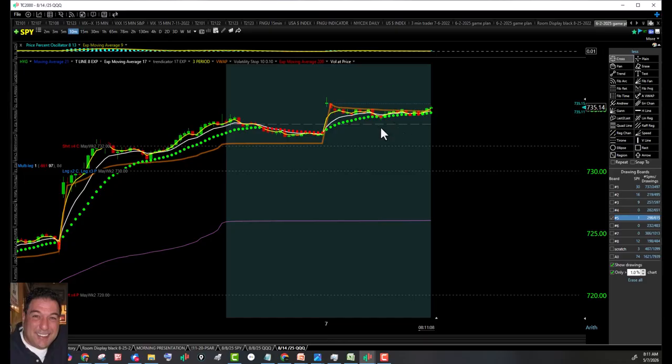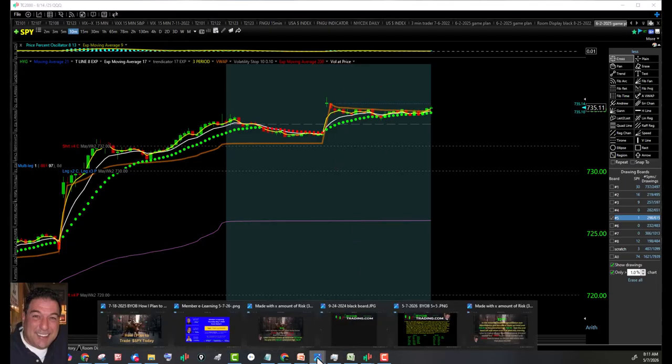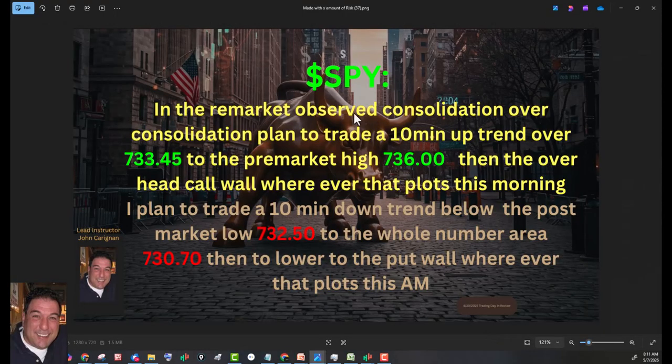All right, we're under VWAP, but that still means bullish bias for me, because I look at it as clumps of candles, and what are the clumps of candles doing? For my guidance this morning, we've got consolidation over consolidation. So I like a 10-minute uptrend over 733.45. If we get a pullback, and then a 10-minute uptrend manifests, maybe even below 733.45, and starts to shoot up through 733.45, or it manifests above it, I would look for it to go to the pre-market